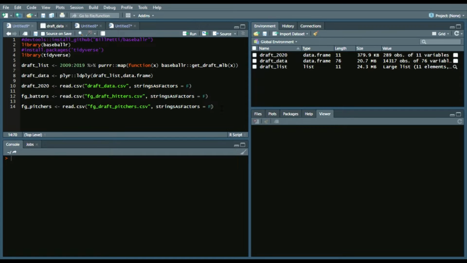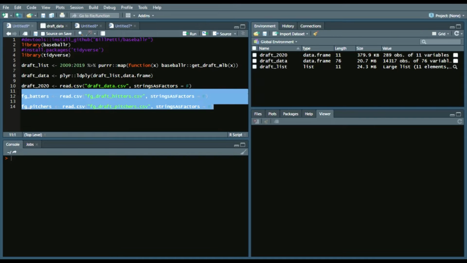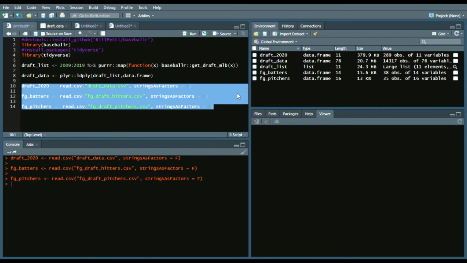So make sure you do click on that to get these CSV files. We have 3 different CSV files. So we have the Draft 2020, which is the draft data CSV, Fangraphs batters, which is just Fangraphs from the board, their hitters, and then Fangraphs pitchers, which is Fangraphs pitchers. And so what we'll do is we'll load all of these in, and I'll let you explore some of these